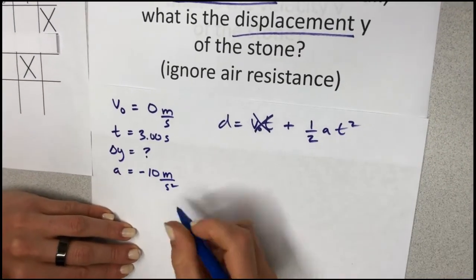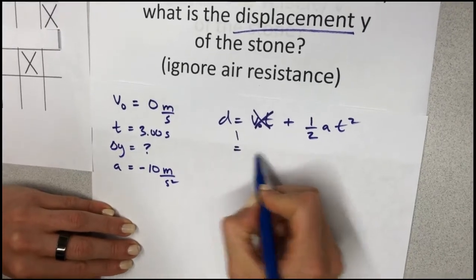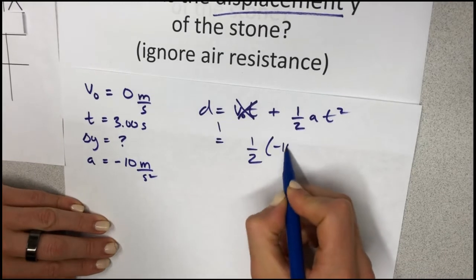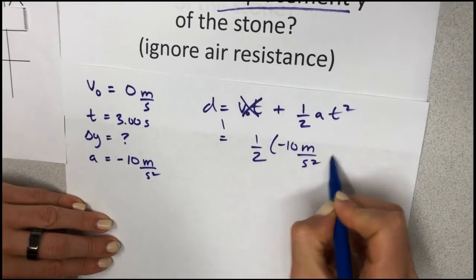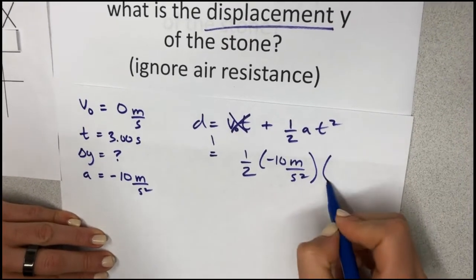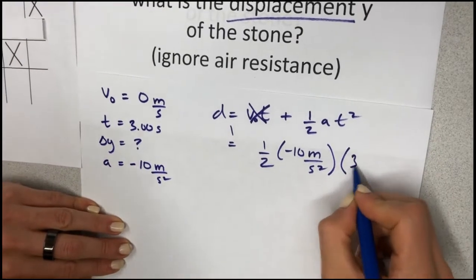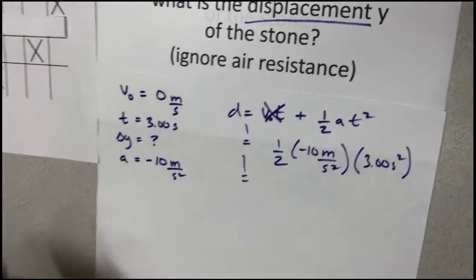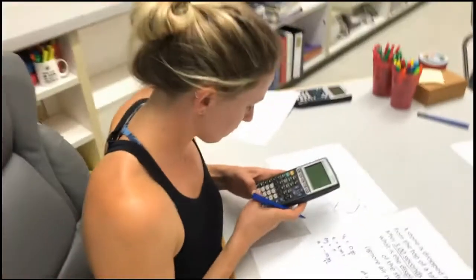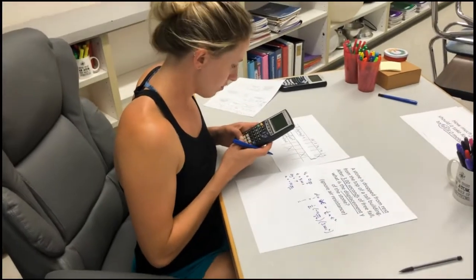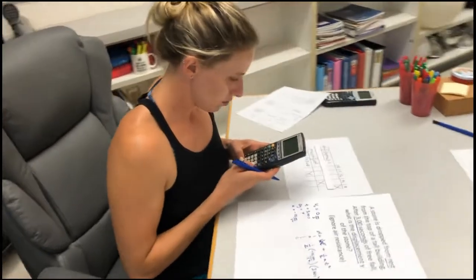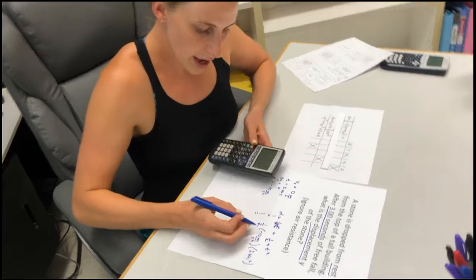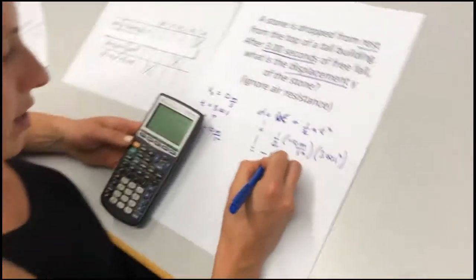And this is an easy one because we can just plug in our numbers here. So we're going to say 1/2. Our acceleration is -10 meters per second squared. And our time is 3 seconds squared. I'm going to go ahead and plug that in here. 0.5 times that times 3 squared. Okay, and this is great because I get -45